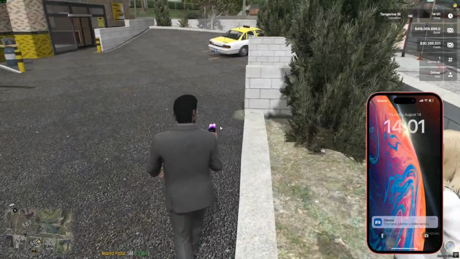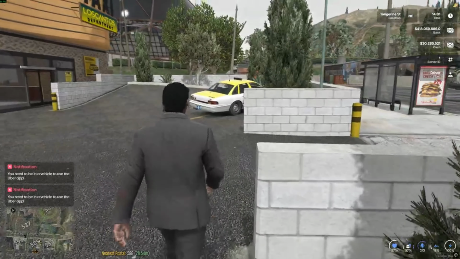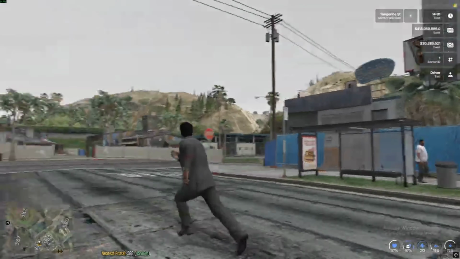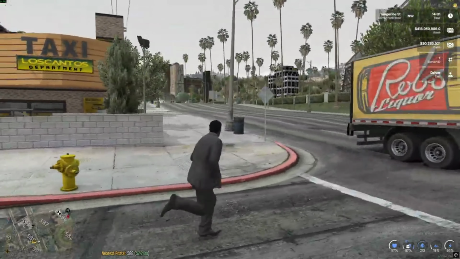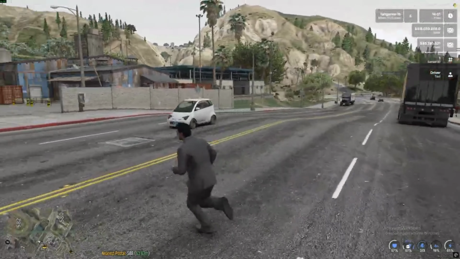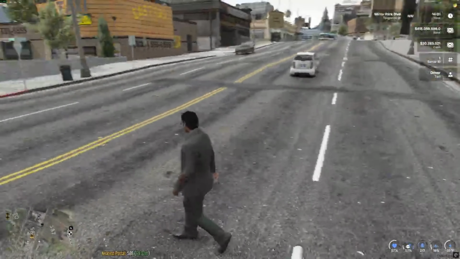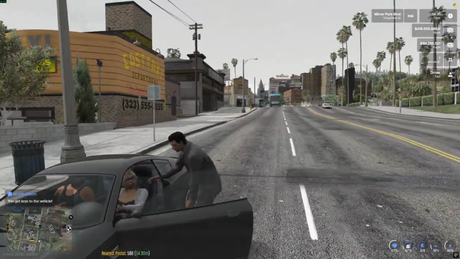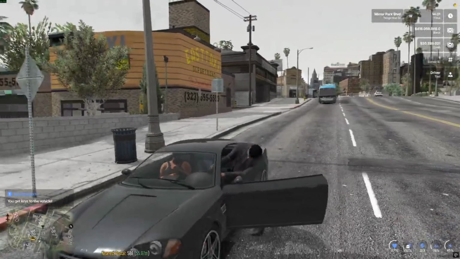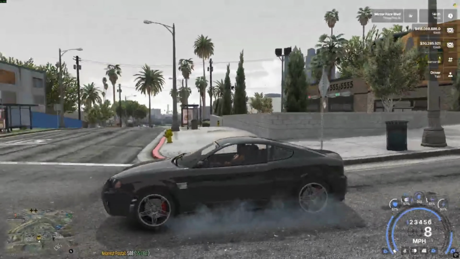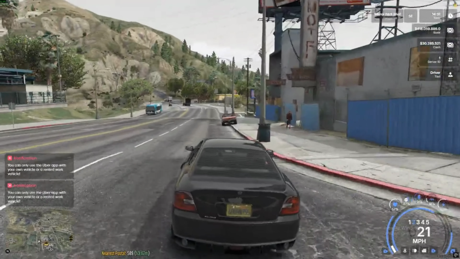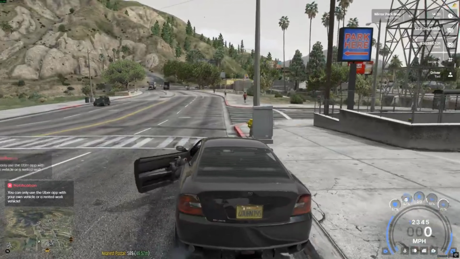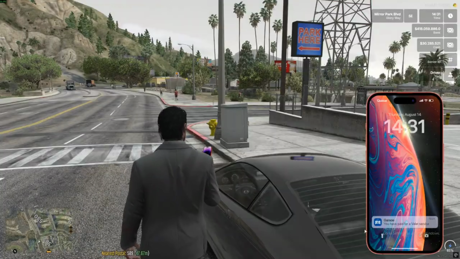I'm still working on a lot of items, and I'm still working on a lot of features. And I'll show you guys what I mean by you cannot access the Uber. It'll tell you you need a vehicle for this. Pretty much you need a personal vehicle. If you try to access it now, here we go. So there you go, you need your own vehicle. You need to either rent a vehicle or have your own vehicle. And that's pretty much it for the video today, guys.